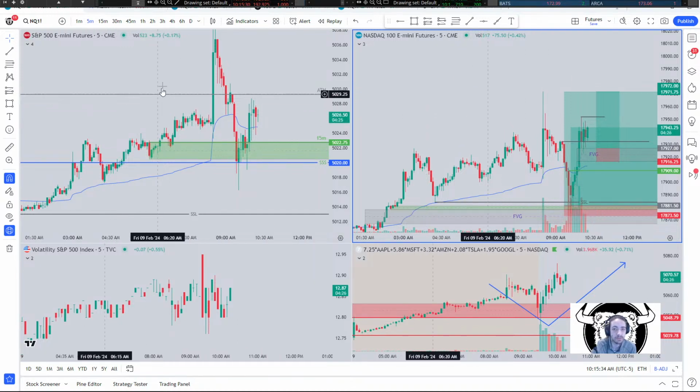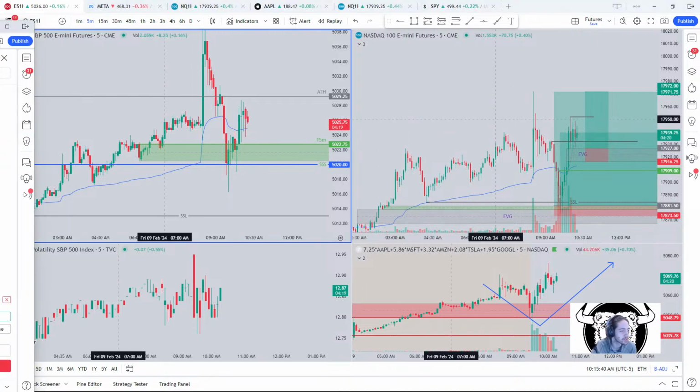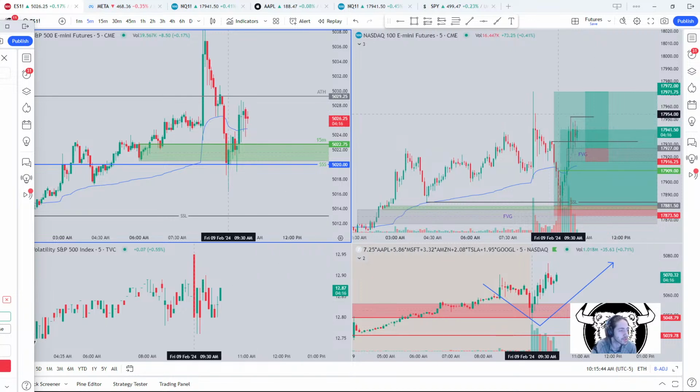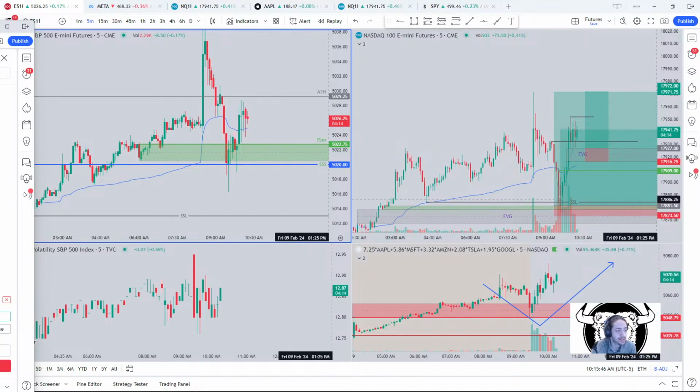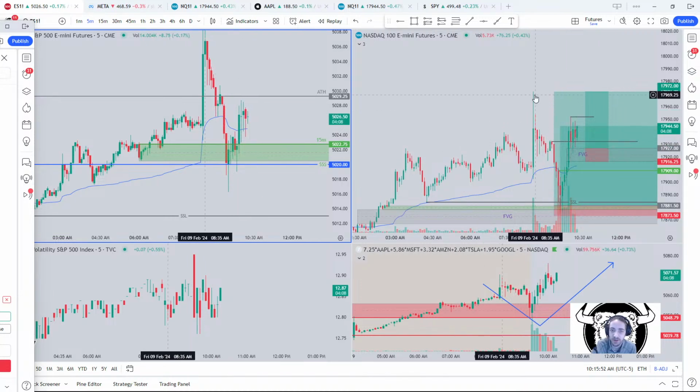There we go. Some buying pressure. And some selling pressure. And some buying pressure. And no, I'm just kidding. It's definitely a bit choppy up here on the 5 minute. 15 still is a bit bullish, so I'm staying in these long positions.